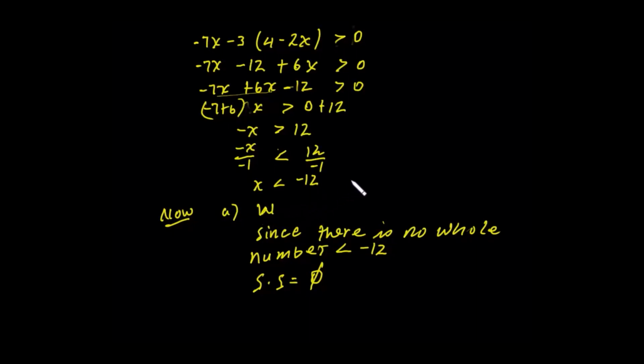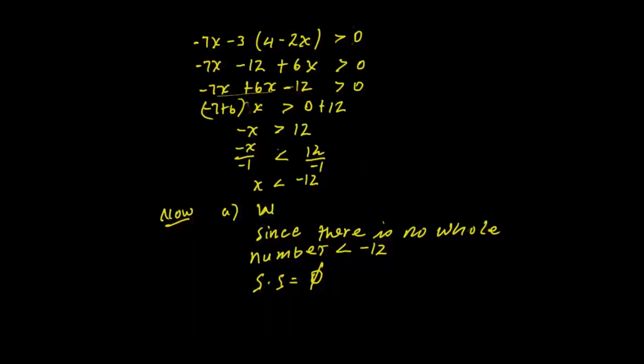In the set of whole numbers whole number የሚጀምረው ከማን ነው ከዜሮ ነው። እዚህ ግን ያለው ሶሉሽን ምንድነው x less than negative 12 ከኔጌቲቭ 12 በታች ያሉት ናቸው ይሄንን ትሩ የሚያደርጉት ነው። ስለዚህ whole number እዚህ ውስጥ አለ ነው ስለዚህ since there is no whole number which is less than negative 12 the solution set becomes empty set under using this domain set of whole numbers ማለት ነው።